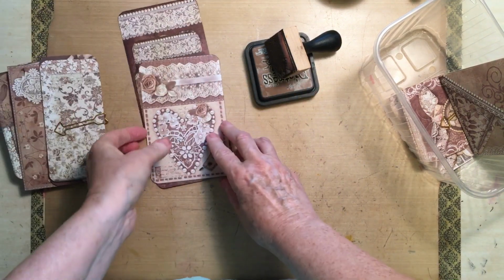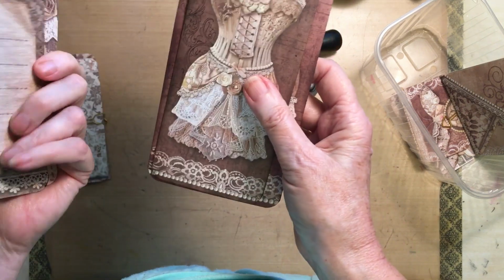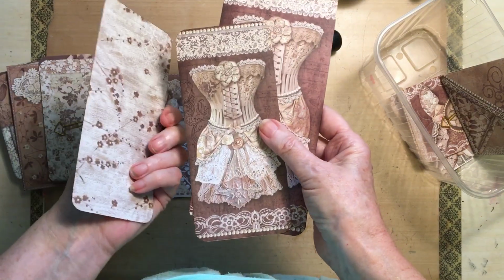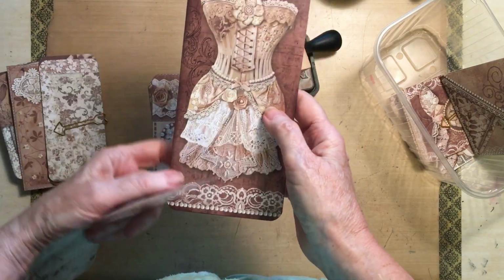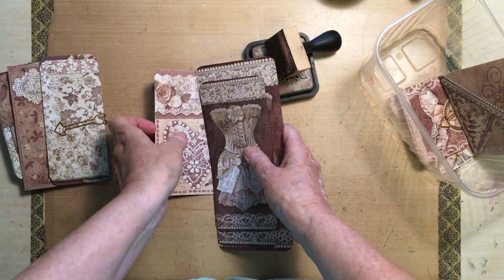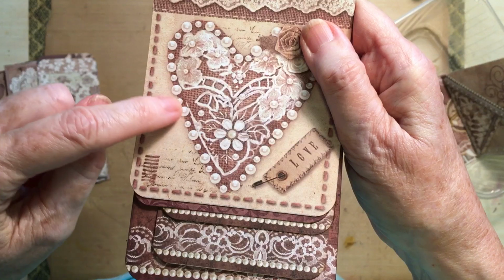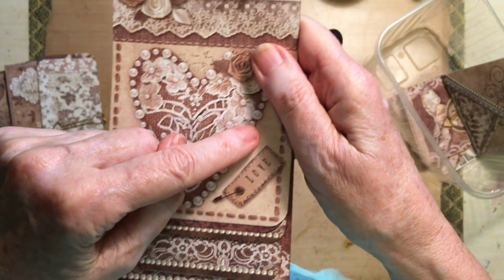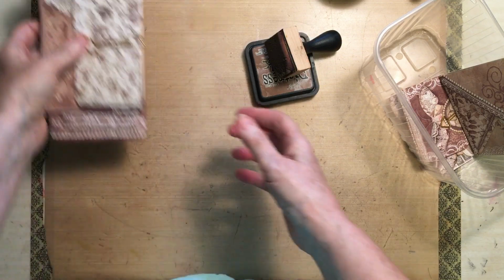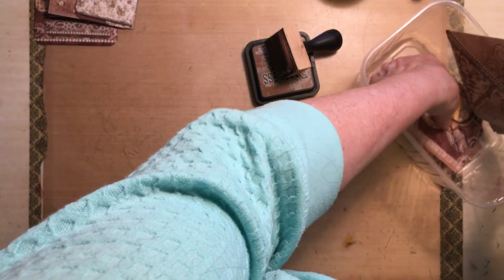Then these are some beautiful big cards that they have inside, and then these great big long ones, which are gorgeous. And this one I'll probably use on a cover. As you can see on them, they've used lots of pearls around. So what I'm going to do is use pearls. So also you get,